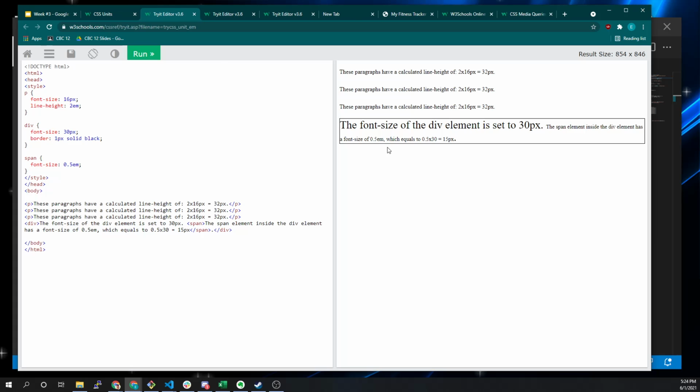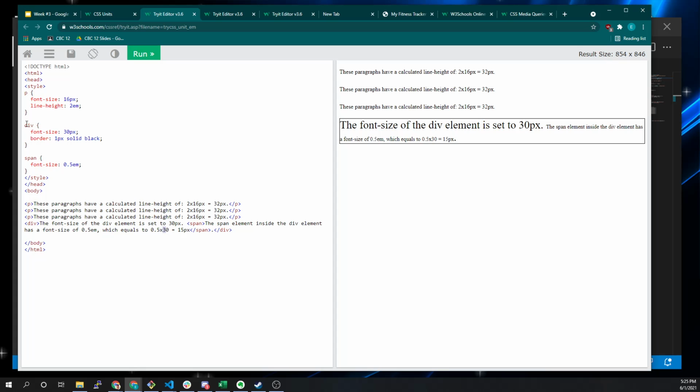If we try it here, it's going to give us the best possible example that we can play with, right? So all of these are paragraphs. They have a font size of 16 pixels. Okay. Then there's a div that has a span inside of it, and the span is where we're actually defining this font size. So in this example, they say the font size of the div is 30 pixels. Right, you can see it here. This is big, but the span inside of it has a font size of 0.5, and that value is multiplied against the font size of the element it's in. So we can see here that they have a 0.5 EM defined as the font size of the element, which means that